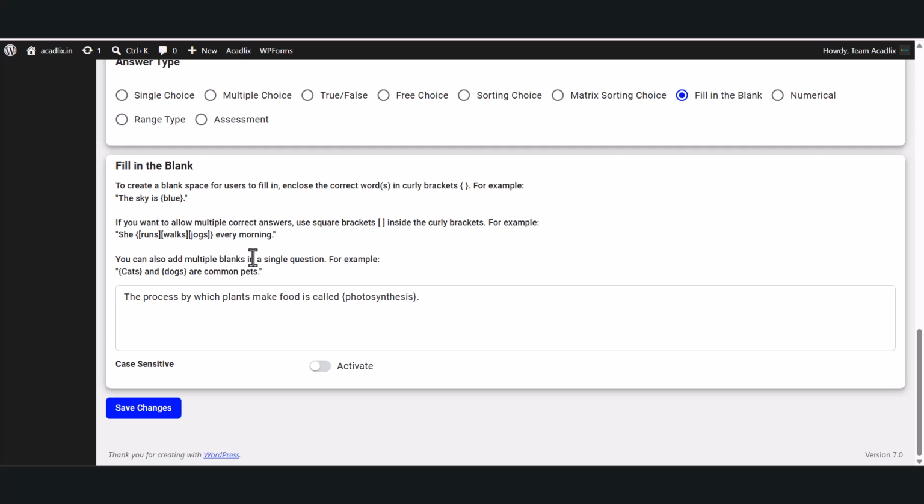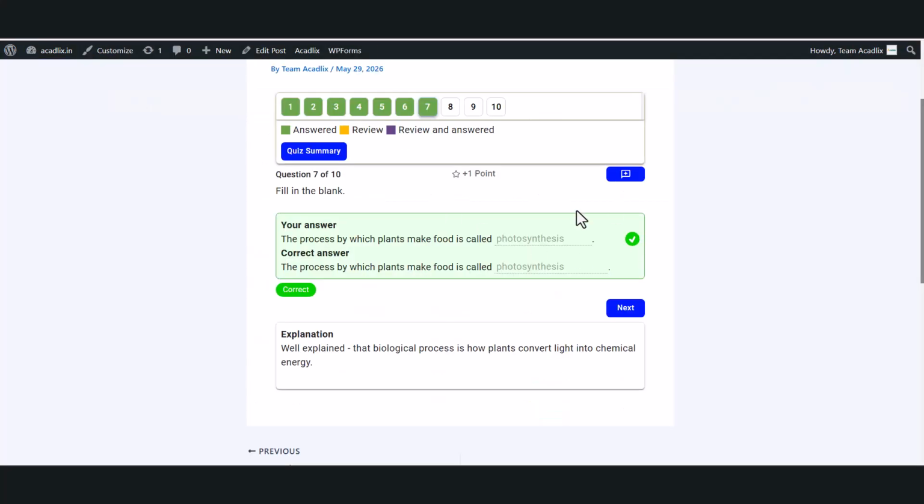And if you want to make multiple blanks, then you can add curly braces like: dogs are common pets. In this case, if both the options are marked as correct, then the question will be considered as correct. Let's save it. Our next question type is